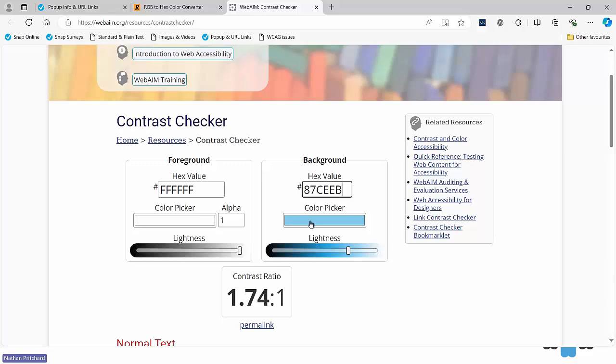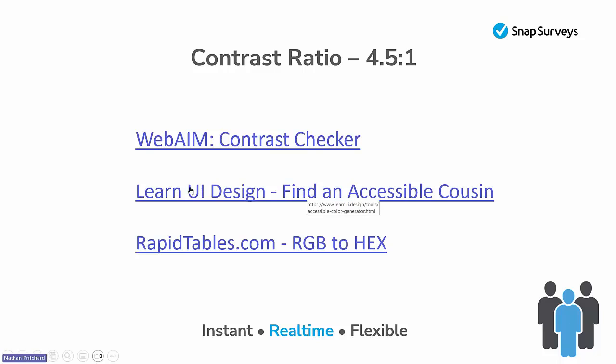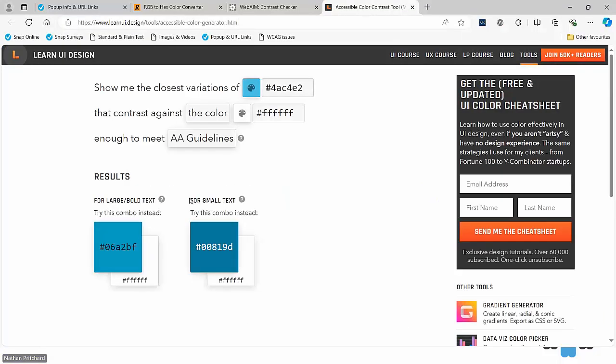If, however, I was to take a color which isn't going to be accessible, so I've got a light blue here, again on white with white text sitting on top of it, you can see it's not accessible. In fact, it's quite a long way off being accessible. So I'm going to take that code and pop it into this Learn UI Design. And I pop my code in there. You can see it's not accessible. If it was accessible, it would have a tick here, but it's suggested